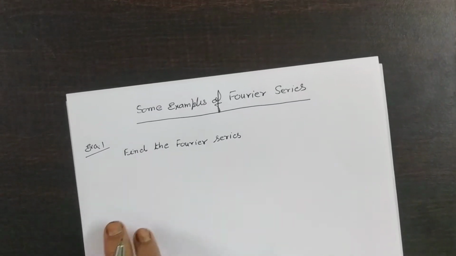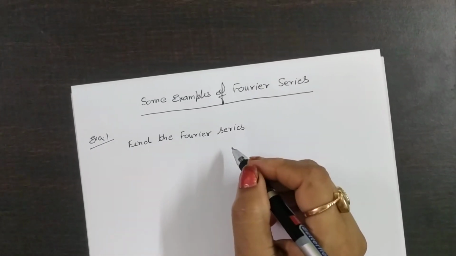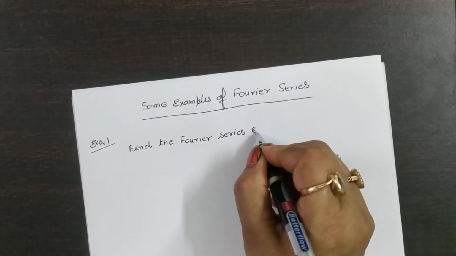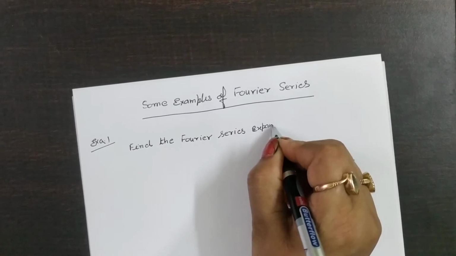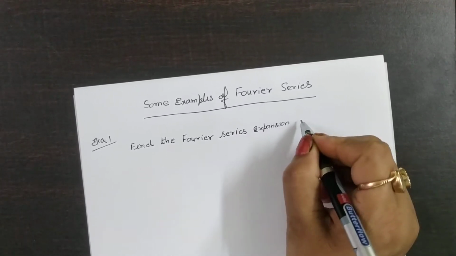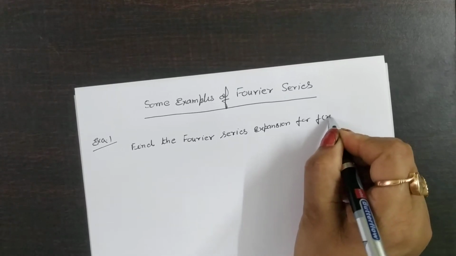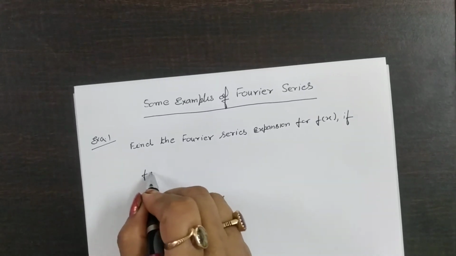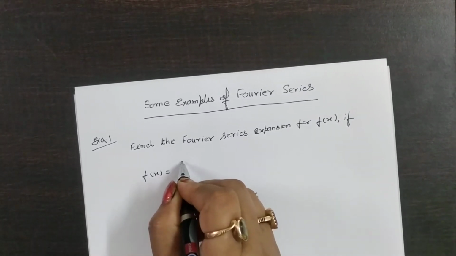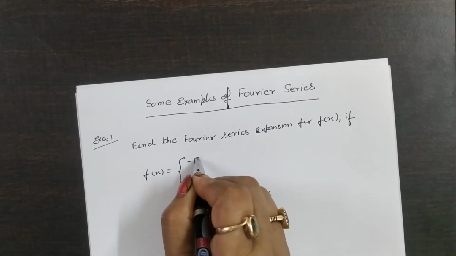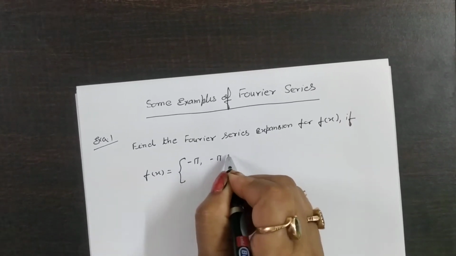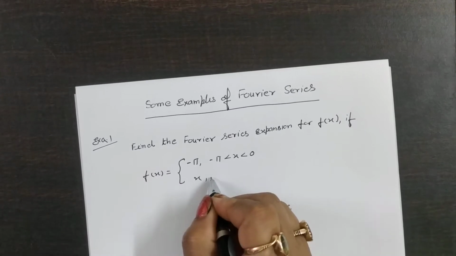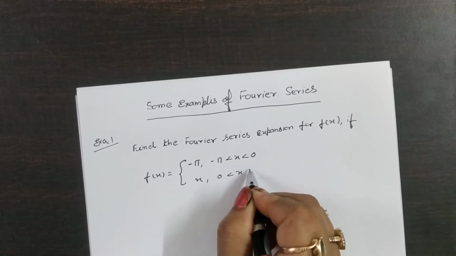Now the question is: find the Fourier series expansion of f(x), if f(x) is equal to minus pi for minus pi less than x less than 0, and x for 0 less than x less than pi,